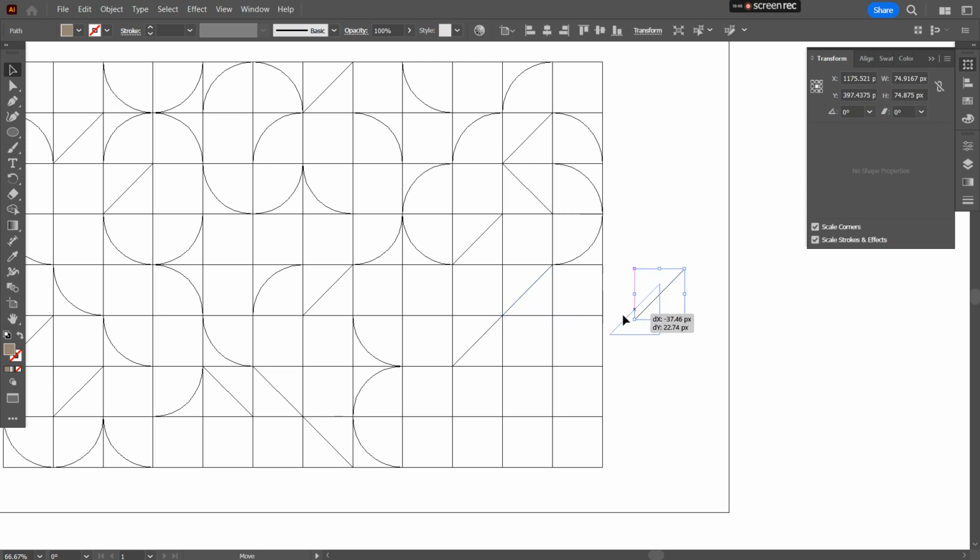Take a copy of it and push it here, and take a copy of it,